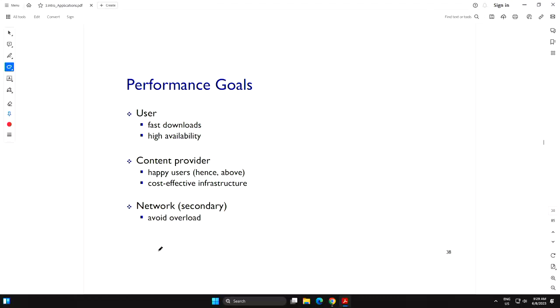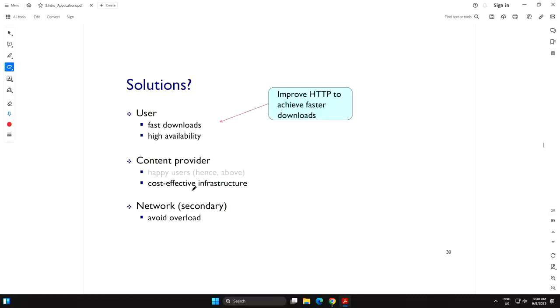So availability is important. If you're the content provider, for example, Netflix, you have to use HTTP, as I told you, that now they are moving into HTTP servers to deliver the video. HTTP was designed for text and images, but they are using it for video. So content providers want cost-effective, happy users, and they want infrastructure to be cost-effective.